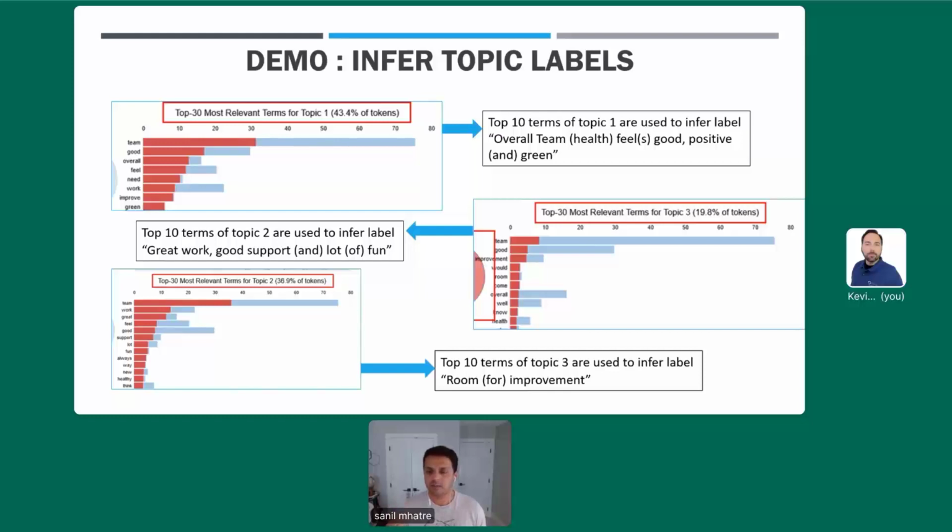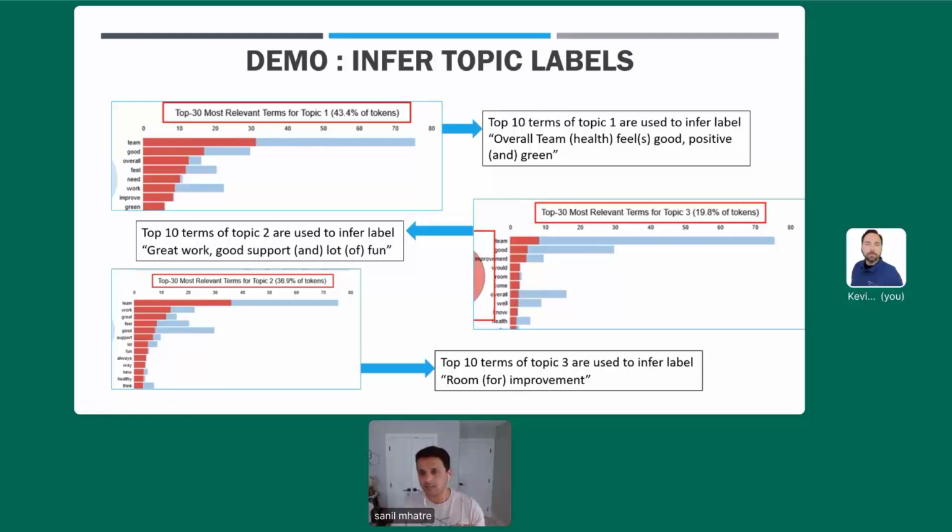I apply some similar human magic to the words that come together for the second topic, and a sentence that I can create out of it is: great work, good support, a lot of fun. The last topic, the third topic, looking at the words, I'm able to create a sentence that looks like: room for improvement.